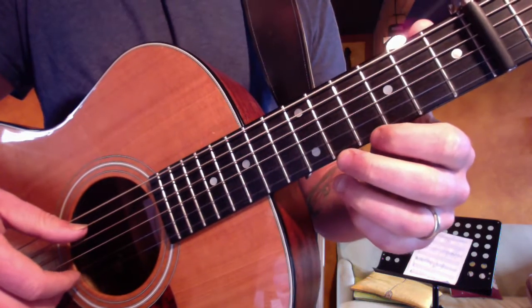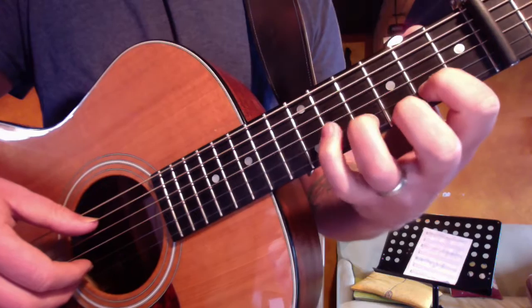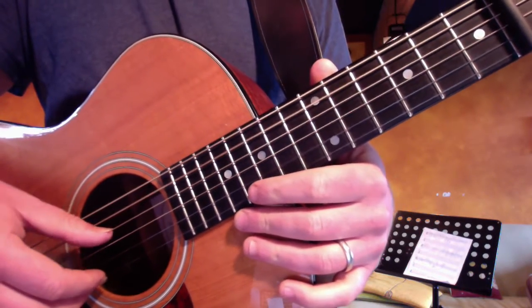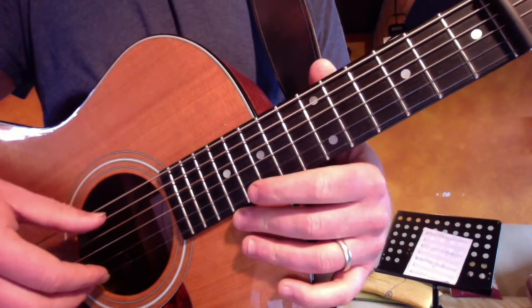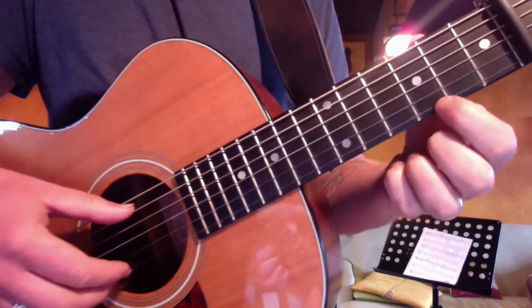Dot, dot, dot, triplet, triplet, triplet. That leads off each measure. So when we do this, we get the bass line going. 5 to 4, and that's 1, 2, 3, 4. 1, 2, 3, 4. The melody,